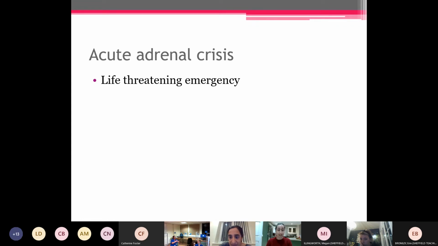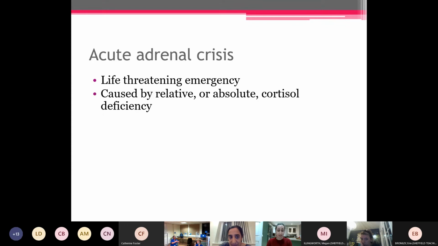So it is a life-threatening emergency, and it's caused by a relative or absolute cortisol deficiency. Cortisol is your stress hormone that is released by your adrenal glands that sit on top of your kidneys in both flanks. And your adrenal glands are essentially switched on and off by your pituitary, which is in your brain. And if for whatever reason your adrenal glands aren't working or aren't working enough,